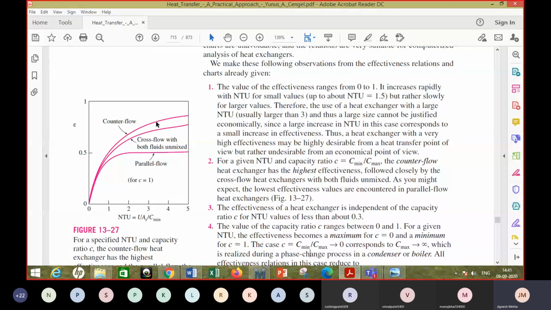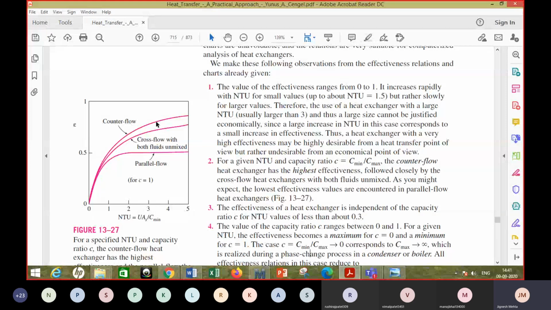The increase delta E, or delta epsilon, that is the change in effectiveness, is continuously decreasing. So beyond a certain value of NTU, it may not be economically feasible to provide more area